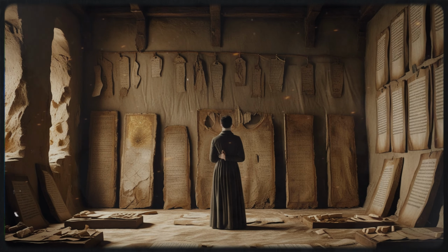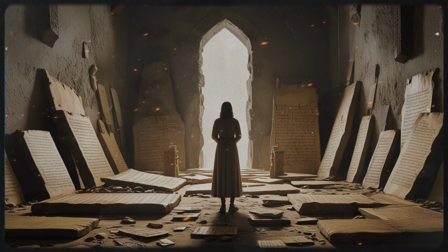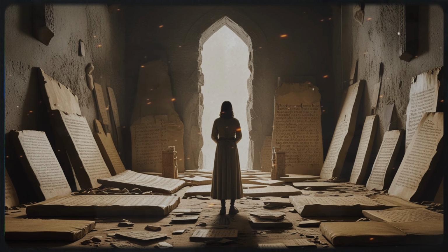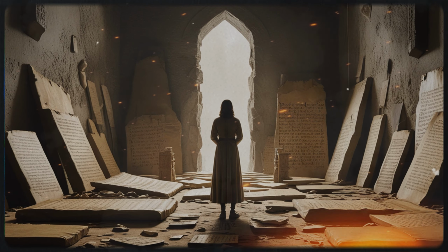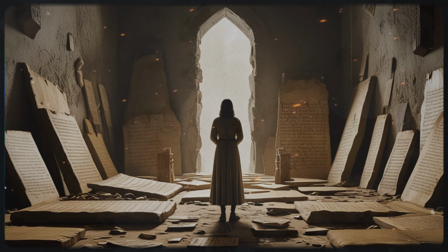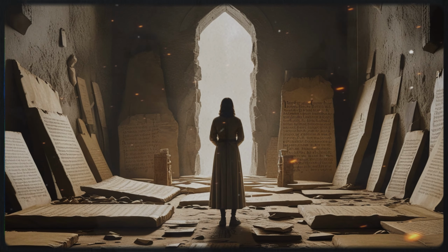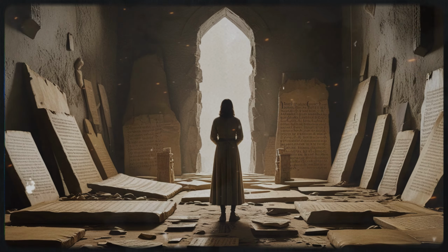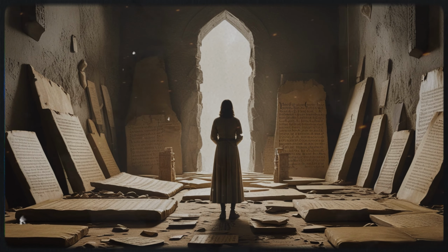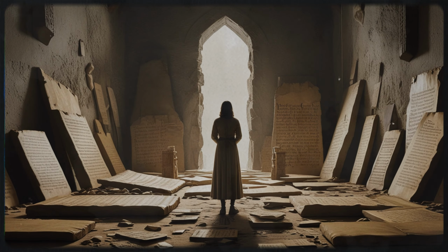Every tablet you see, every epic, every law code, every ode to a long-forgotten god, was at war with the elements. Babylon sat between the Tigris and Euphrates rivers, and while that made it fertile and powerful, it also made it wet. Floods could wipe out a carefully organized library in a heartbeat. Clay tablets, if not properly fired, were about as durable as a soggy granola bar once the water came rushing in. Historians still argue whether some libraries intentionally flood-proofed their storage areas or if surviving collections are purely the result